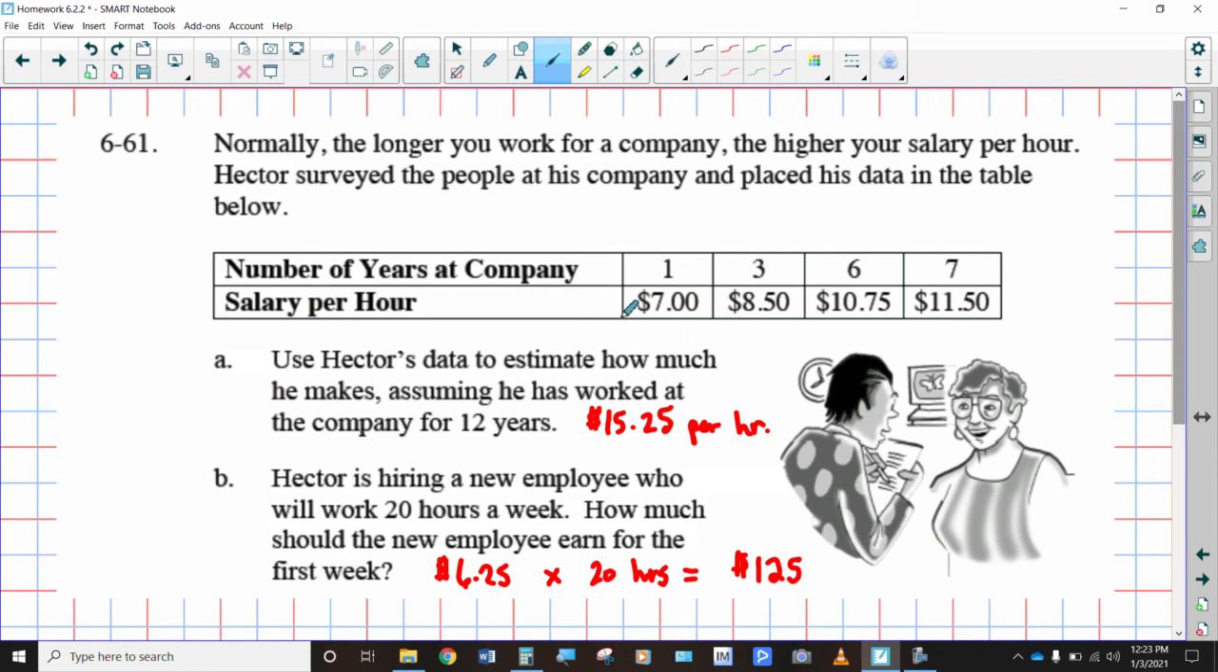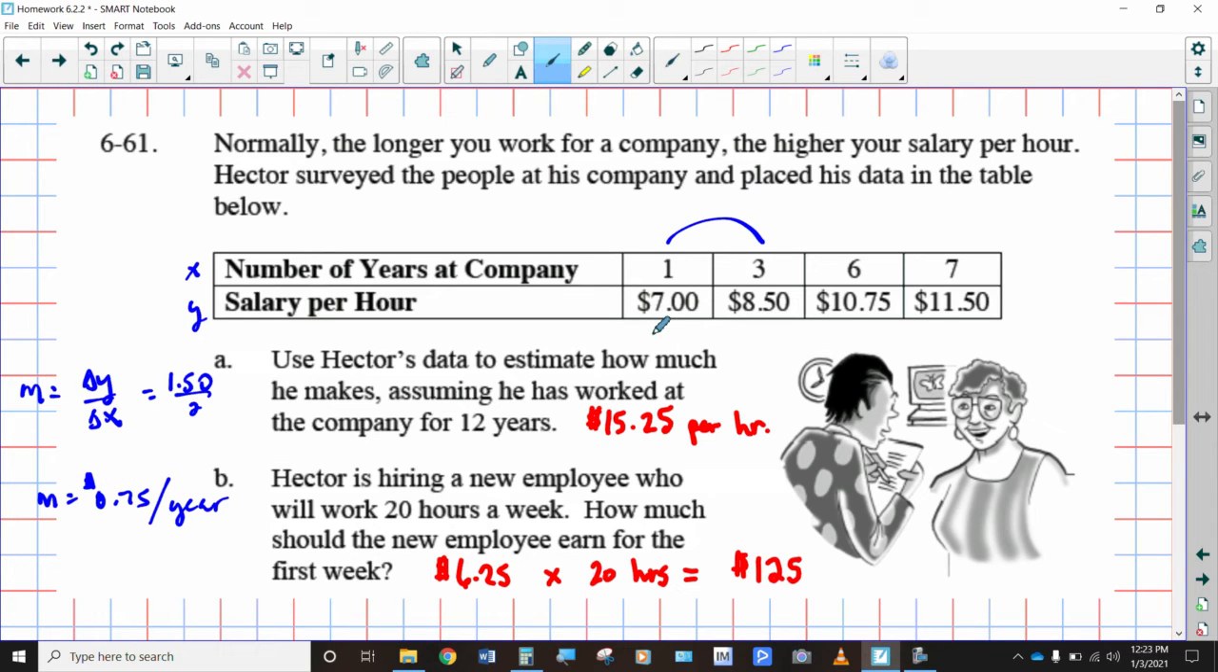So if you take the change in Y, let's call this Y, and that's X. X would be the number of years. The growth rate is going to be the change in Y over the change in X. So Y went up from here to here by $1.50 in 2 years, which means that they must be making 75 cents per year